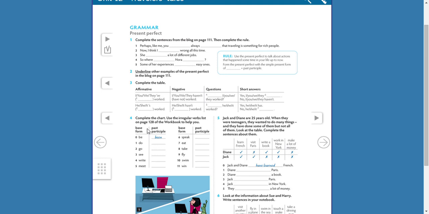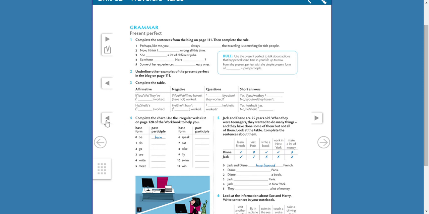You have 3 columns, no? Okay, you need the number 3, the past participle. For example, if I say be, here is been. Can you remember in the past was and were? For example, do, in the past is did. In the past participle,